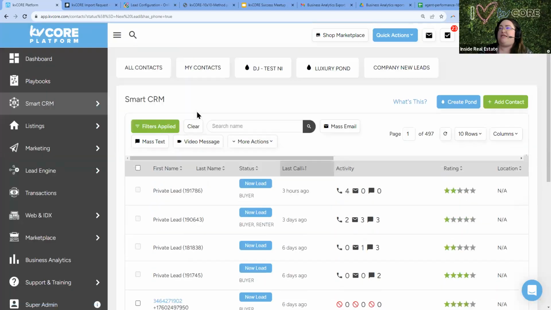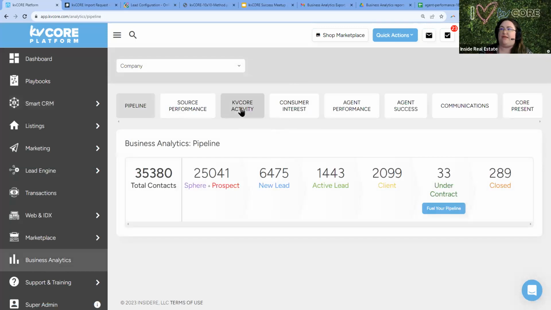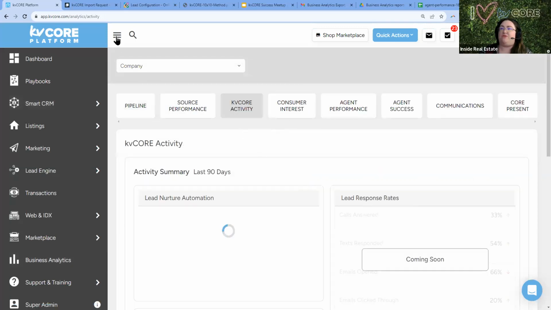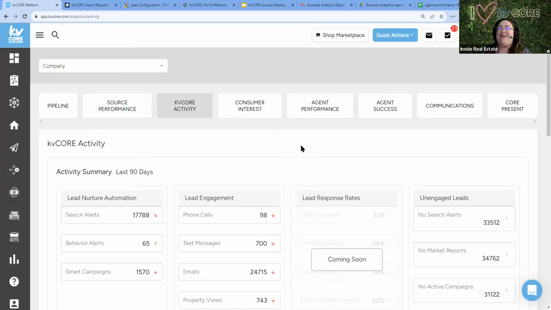So if you're noticing that your agents don't have a lot of phone calls that they're completing, there are two ways, well, three, to combat that. One is giving them some suggestions of lists of people to call. Like go to your smart CRM, look to see who has a phone number and see who's never been called. Go to your smart CRM and see who's been on your website in the last month. Go to your CRM and see